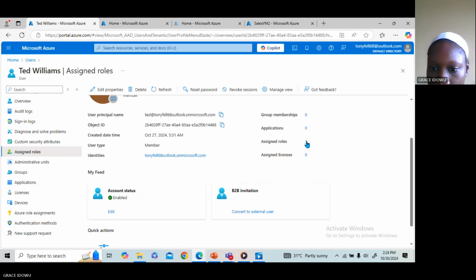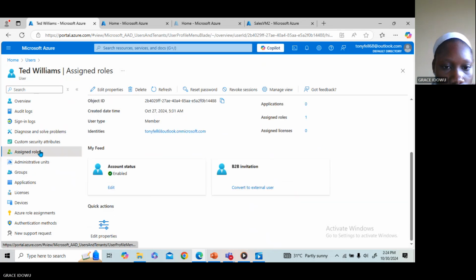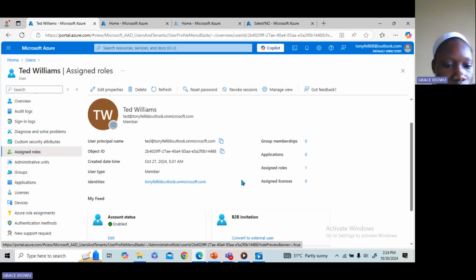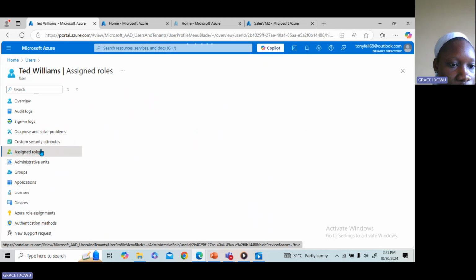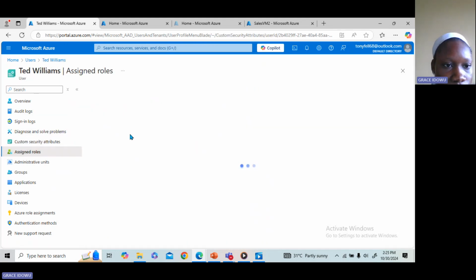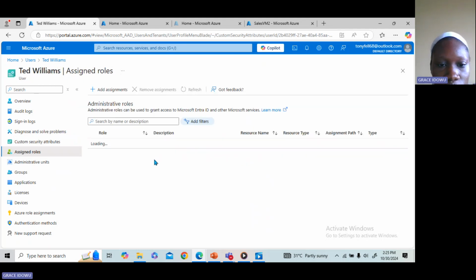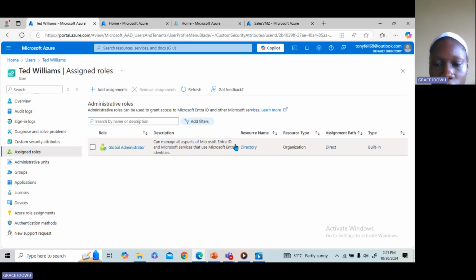Okay, the role is loading, but the role that was assigned to you was the global administrator role. It's going to appear here soon. Yes, so you can manage all aspects of this Microsoft Entra ID and the Microsoft services that use these Entra